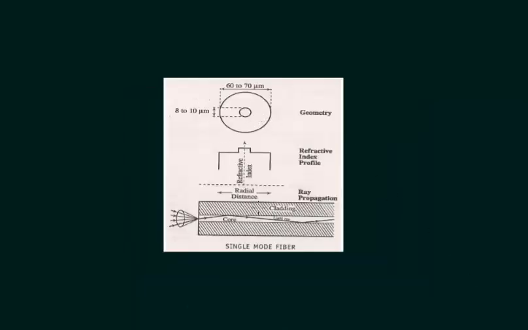So this is the diagram for single mode fiber, where this area shows the core part and this is the cladding part. Here we can see that the diameter of the core part is 8 to 10 micrometers, which is very narrow, and for cladding it is 60 to 70 micrometers. This part of the diagram shows refractive indices of cladding and core part, and it is very clear that the refractive index of the core part is a little higher than the refractive index of the cladding part for this much area, and this is for the cladding part.